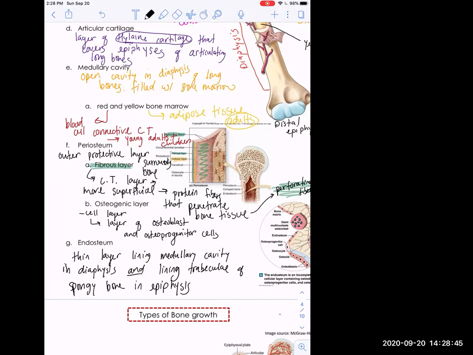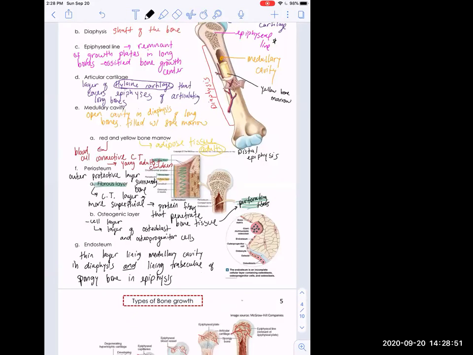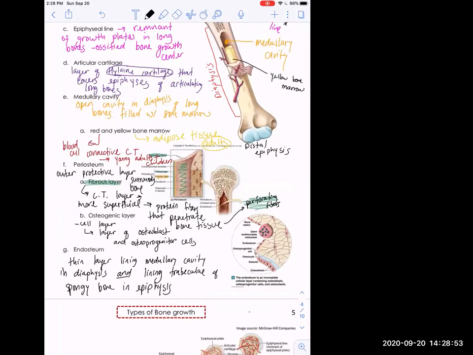So endosteum is a thin layer lining the medullary cavity and the diaphysis and lining the trabeculae of spongy bone and the epiphysis. So if we take a look here, I'm going to come back to this, but if we